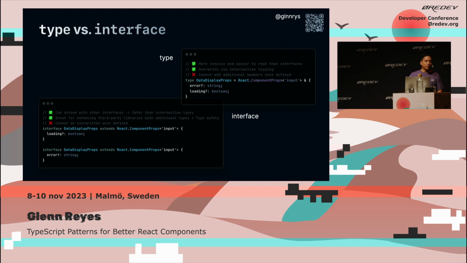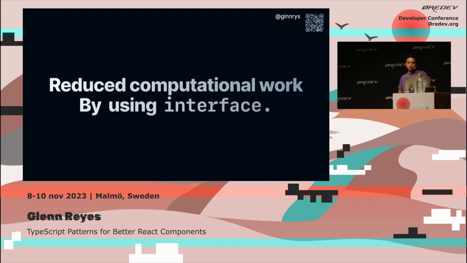And interfaces are also great for enhancing third-party libraries, which makes it, again, safer. And one thing about interfaces is that you cannot override them as you can do with the type, which is both good and bad. But my personal experience with both of these is that